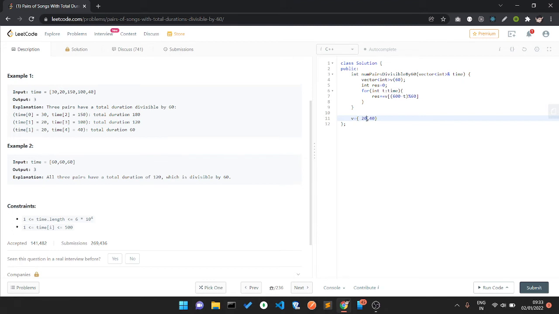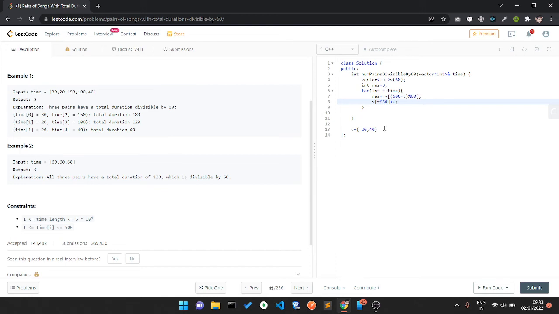If I take the modulo of 20, I get 20. If I take the modulo of 40, I get 40. Let me write the whole code, then I'll explain so it makes sense. And v[t modulo 60] plus plus.